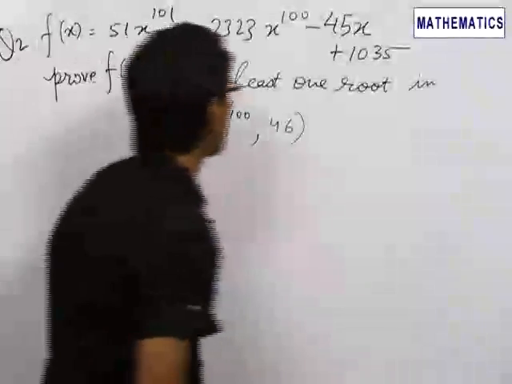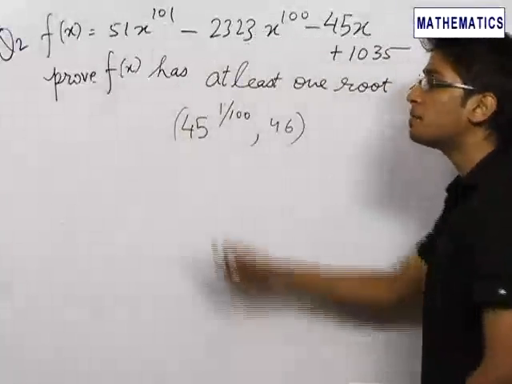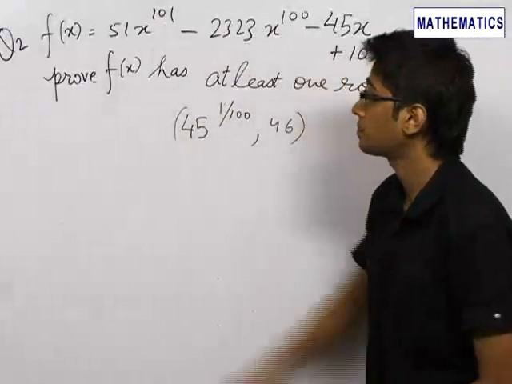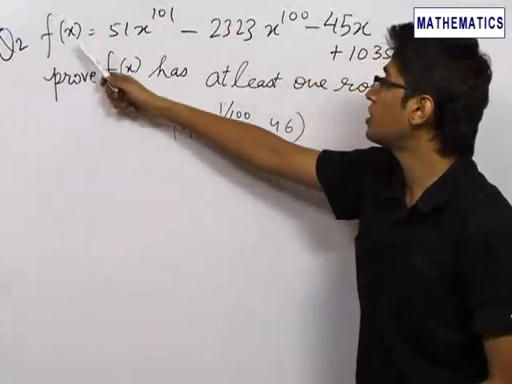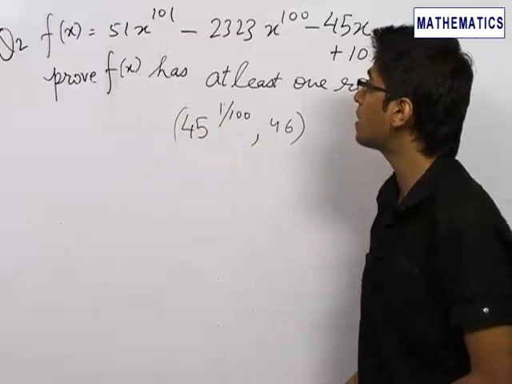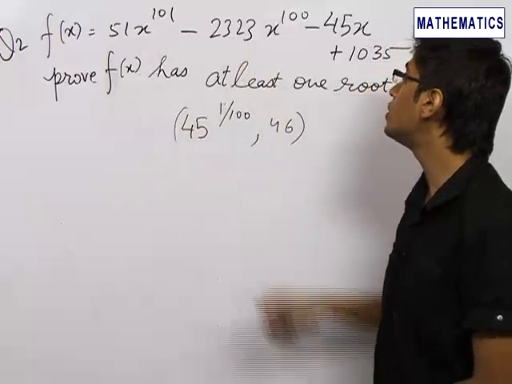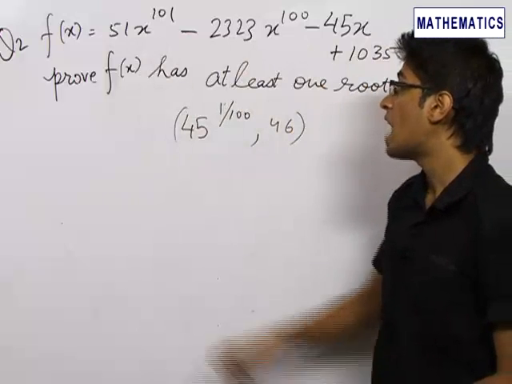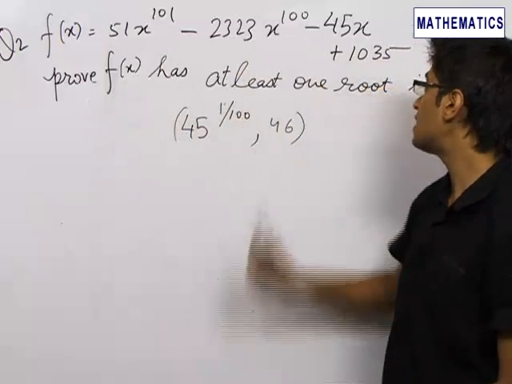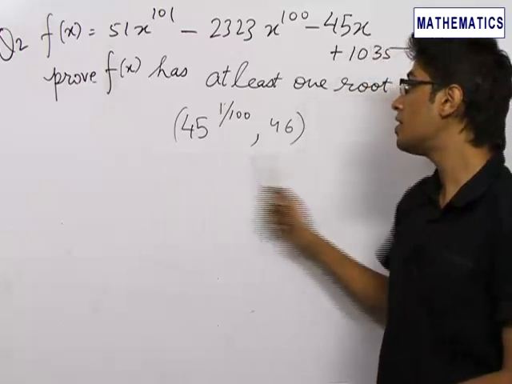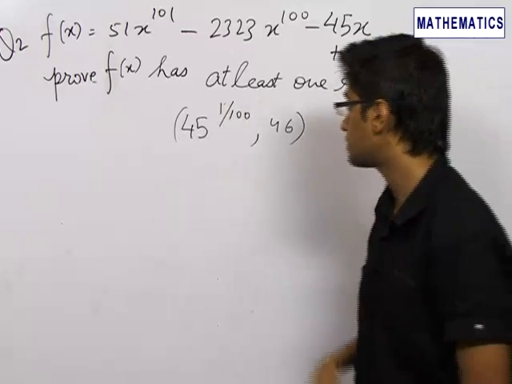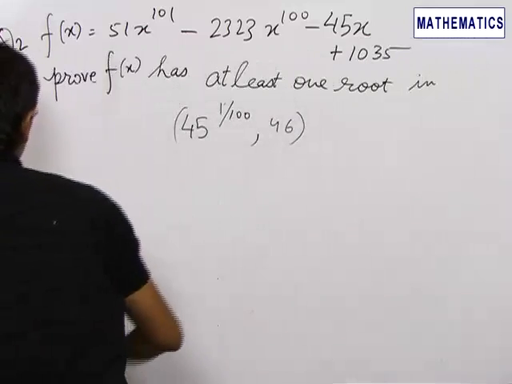The second problem which we have is a very interesting and a very important problem because it involves the concept of Rolle's concept. We are given the function f(x) equals 51 x^101 minus 2323 x^100 minus 45x plus 1035, and we need to prove that f(x) has at least one root present in the given interval of 45^(1/100) and 46. Now in order to proceed with this problem,